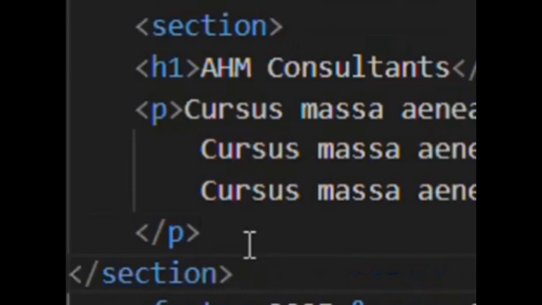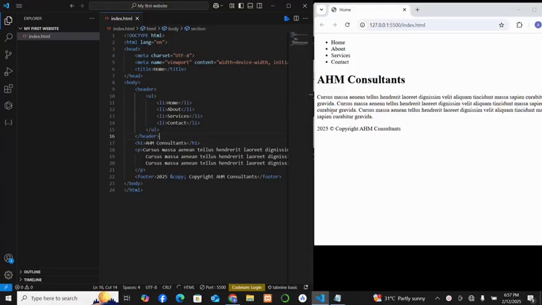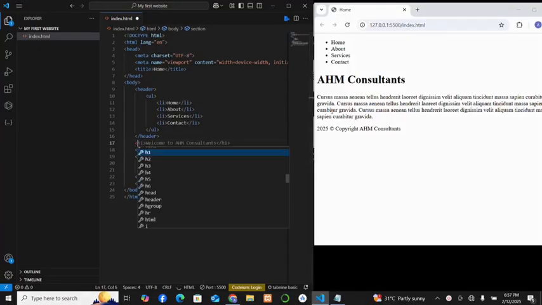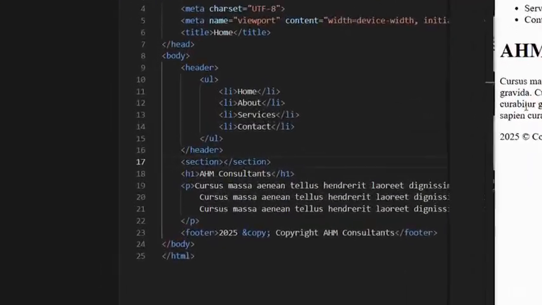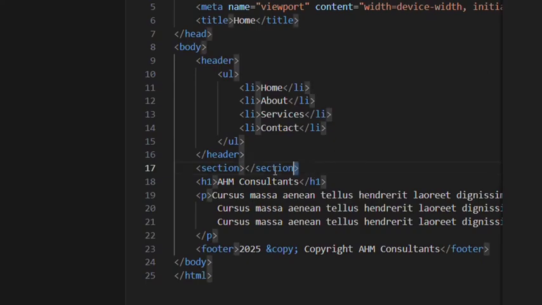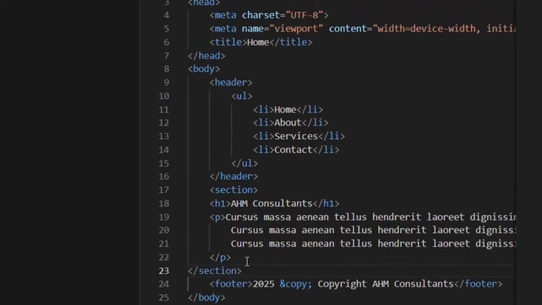Basically, the section tag is used to group related content together in a web page. So let's create the opening and closing section tags, and wrap the h1 and the paragraph tag inside the section, and then press Ctrl+S to save the changes,